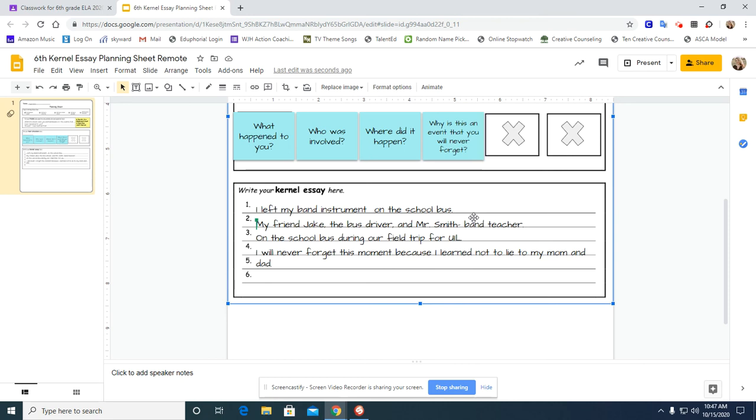to expand our kernels. Think about this. A popcorn kernel is very small, but what happens when you put it in the microwave? That's right, it gets bigger. So tomorrow, we're going to put our kernel essay in the microwave, and we're going to turn these 4 sentences into 4